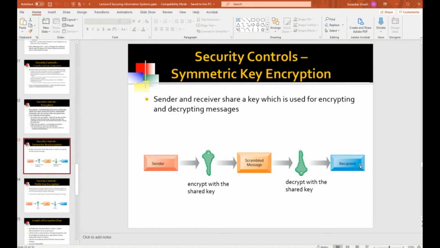If you call up the person and read out the key, the phone network is being tapped as well, both by the good guys and the bad guys, so they can see what the key is. So this was a glaring weakness of the encryption process used in symmetric key: there was no secure way of conveying the single key that is used by both the sender and the receiver.